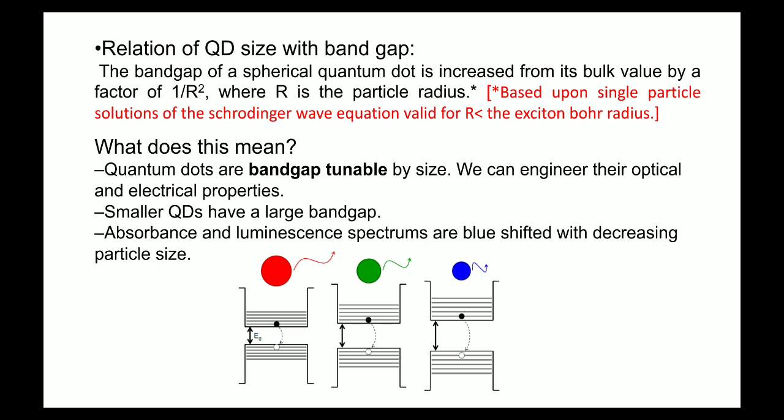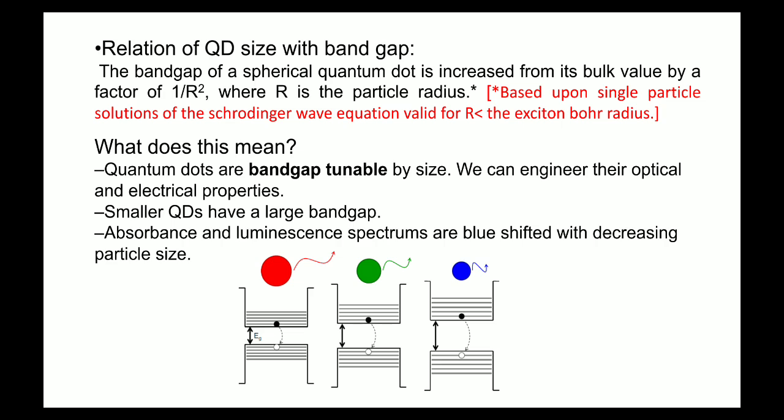The illumination spectra is observed in the red color. So the quantum dot with this size, you can see the color of the quantum dot is red. If the material is same, please keep in mind the semiconducting material is same, let us say PbS, lead sulfide. So if we are talking about lead sulfide quantum dots, and it is emitting red in color with